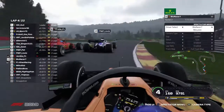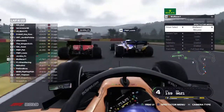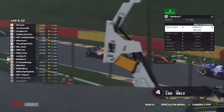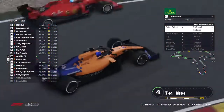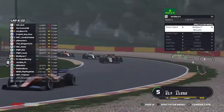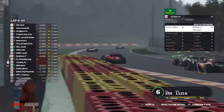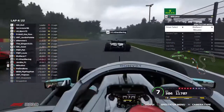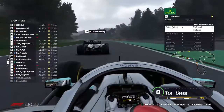They come now, as all day you could put a cigarette paper between those two, and Geordie's gonna back out of that. Now into turn number 14, Blue Racer and himself almost make contact. Geordie's gone into the gravel, and that has killed his momentum completely. He drops down into 13th position. That was a great battle while it lasted, though. On board with the Mercedes car of Michelizi, trying to make